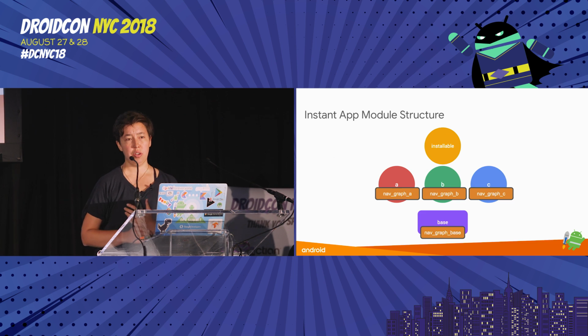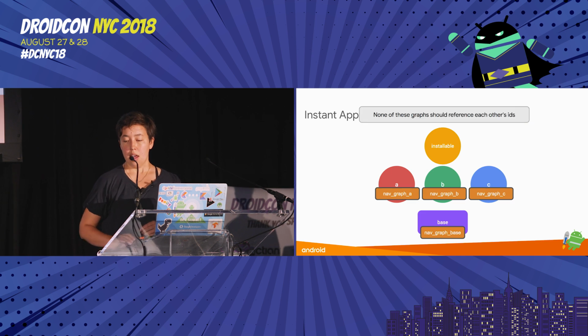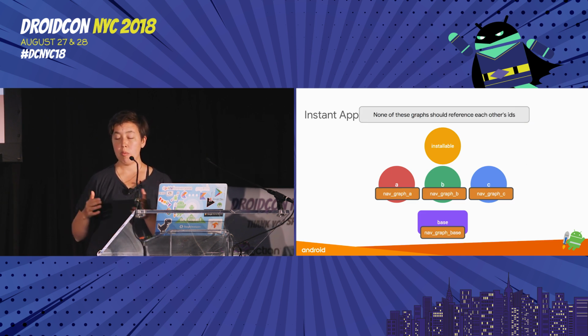What does navigation actually look like with this? If you want to get instant apps to work with navigation, you're going to end up making a navigation graph for every single one of your feature modules, both the base feature module and your other feature modules, as we've seen here. And none of these feature modules, unless they already reference each other, are going to have things in their nav graphs that directly reference other feature module nav graphs, because remember, these are supposed to be isolated different features for instant apps to work.